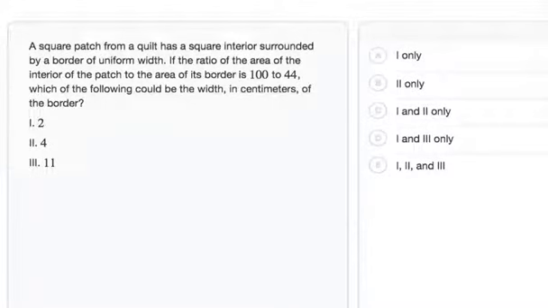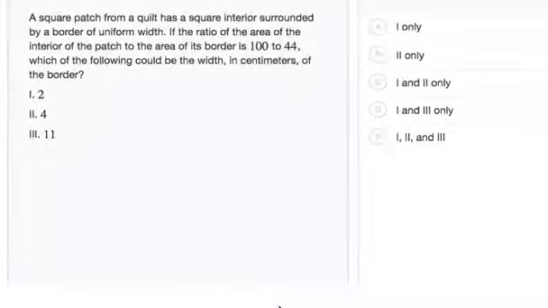To figure out which statement could be the width of the border, we will consider each statement separately. Before we do that, let's draw a diagram of the image that they're talking about. We have a square patch from a quilt, a square interior surrounded by a border of uniform width. So let's draw an image and give some variable names to